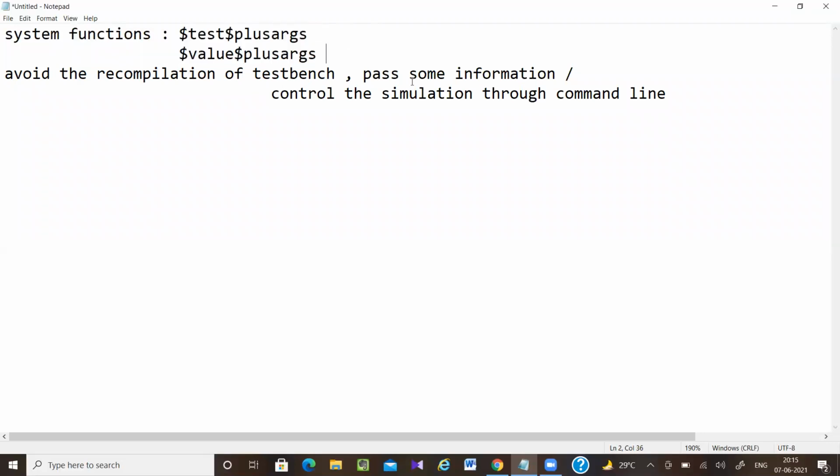Where you want to pass some value, you can go for this one. If you don't want to pass any value, then you can go for this system function. So let's first see how this function works.